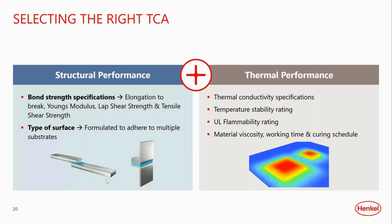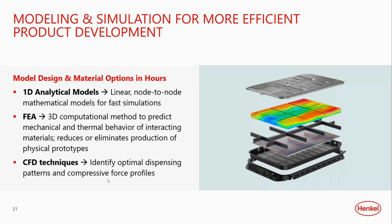Another area that we're looking at to speed the design and validation is how our customers can use simulation, and really then how can Henkel support the use of simulation to, one, validate or define the properties needed for these materials, but then also prove out their performance. Obviously, the use of CAE is going to help our customers lower their development cost and also significantly speed up their development timelines. So we definitely are investing the resources to help our customers with that, either through testing or